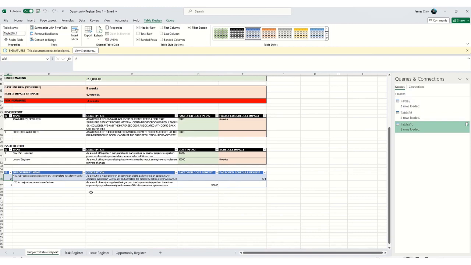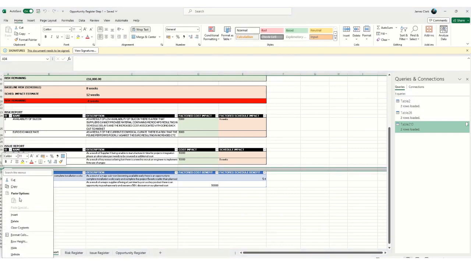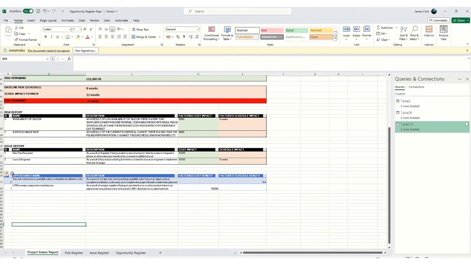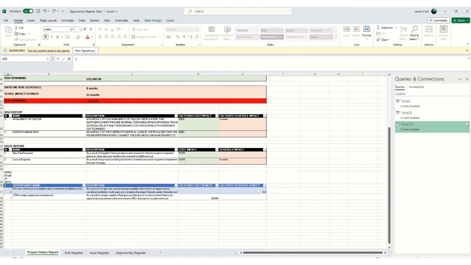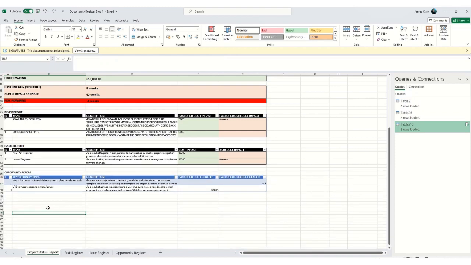Okay, so what strikes me here is the formatting is not quite the same. So I can see there's a space of 2 rows, so I'm going to insert a row here. Okay, I'm going to call this opportunity report. Okay, let's merge these cells across. Tidy this up in line with above. Now, actually, if we just